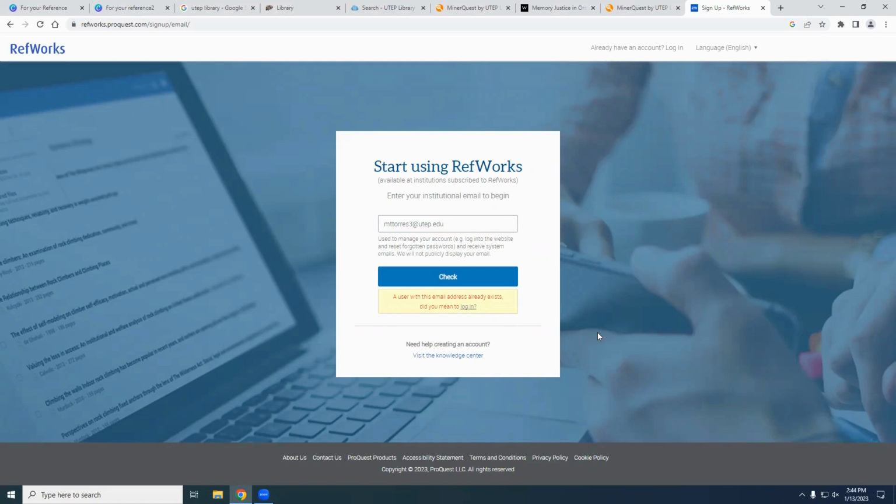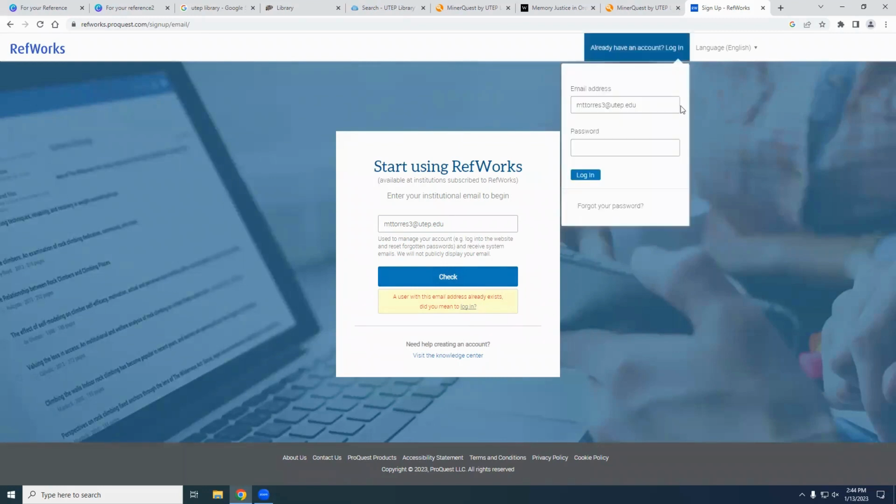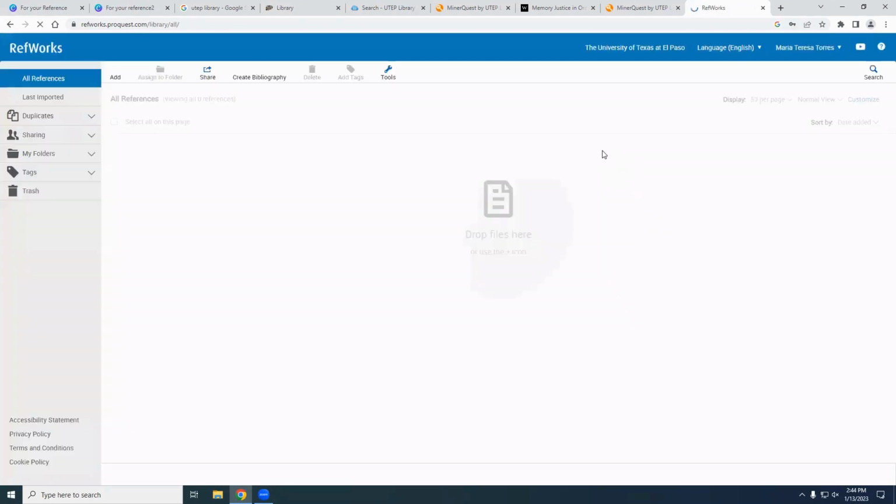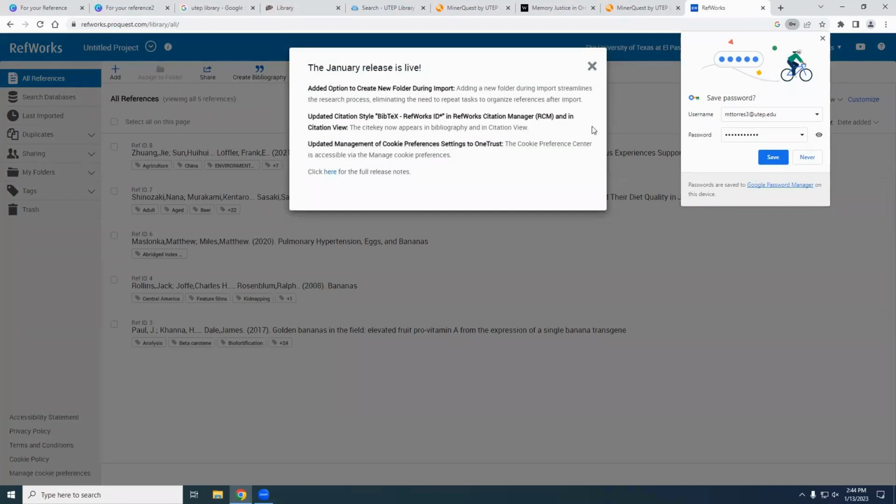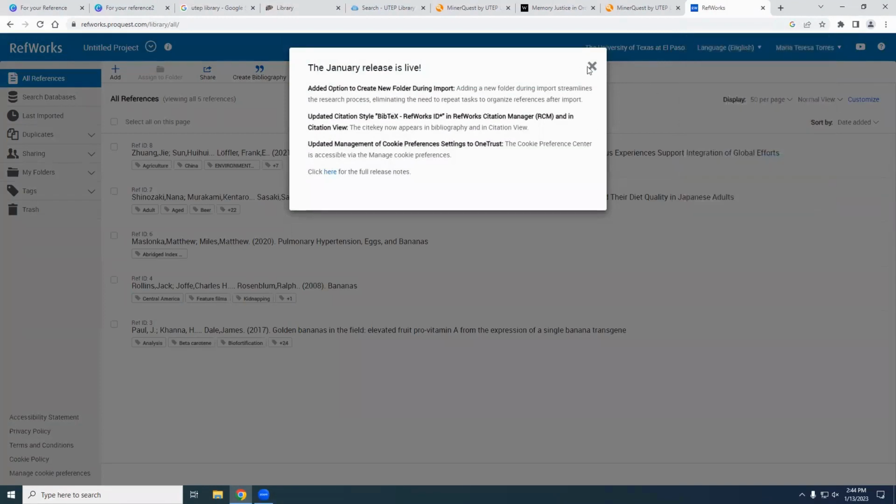I'm going to go ahead and give everyone just a couple minutes to get through that. If you have any questions here in person or online, you can go ahead and ask. In the meantime, I'm just going to log into RefWorks. If you have any problems, just raise your hand and one of us will come help, because we know that there can be problems.